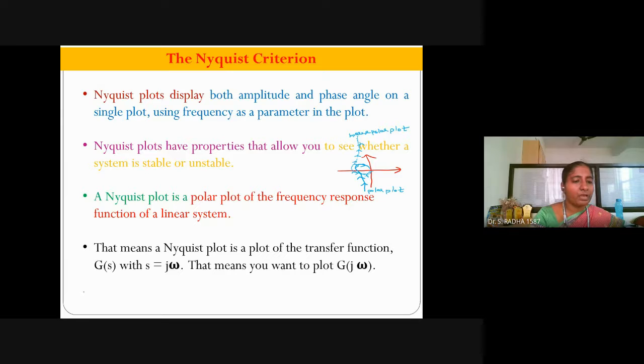Now we have to join the heads and join the tails. If you see here, at the origin you have heads. You can join them like this. And here the extremes are tails. You can join them like this and give continuation in the arrow mark. Now it will be a continuous graph. This is called the Nyquist plot.